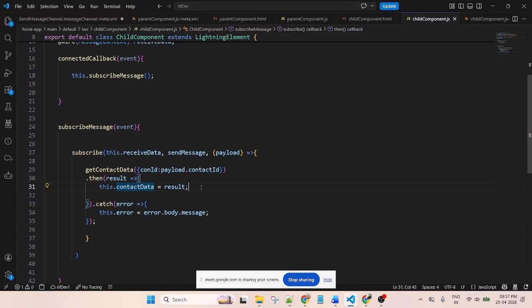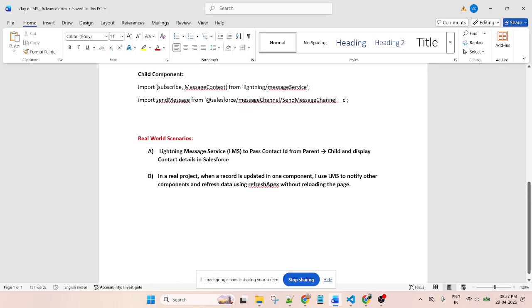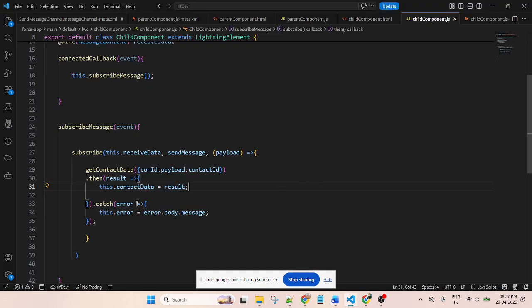And here I will also use refreshApex. So once the record is updated, it will refresh automatically, and I don't need to refresh manually. I will refresh automatically through refreshApex and display the updated value.